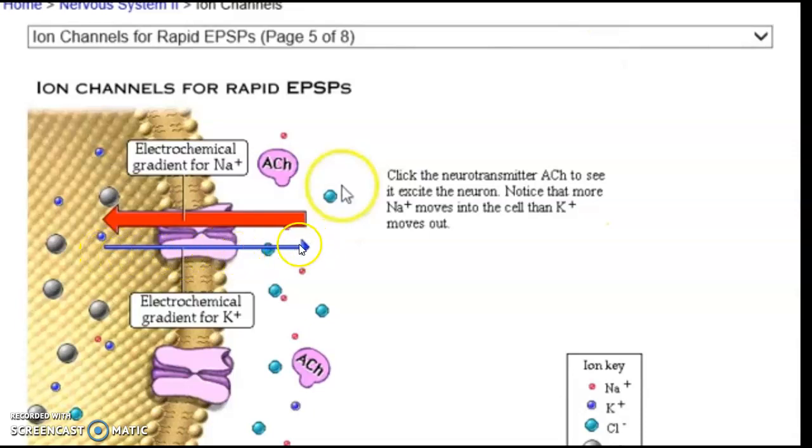It is still going to move out, but I have one force trying to move it out. That was the chemical gradient going from high to low. And I have one force that was trying to hold it back, which was the electrical gradient, because it was being attracted to those negative charges inside of the cell. Therefore, I'm always going to have more sodium move through the same channel than potassium moving out if it's a channel where both